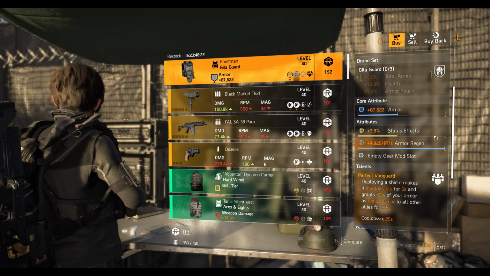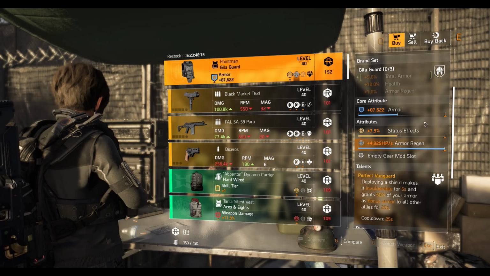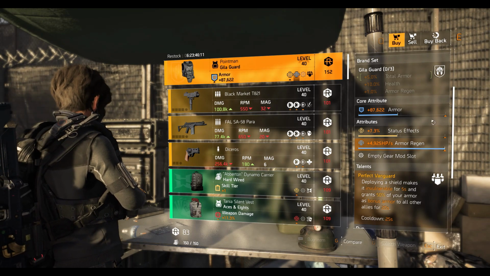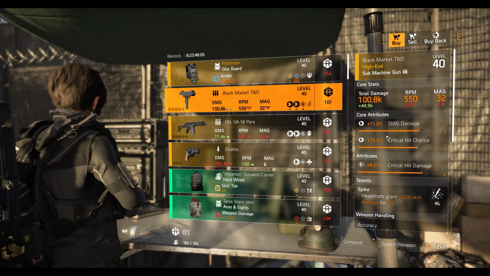Change the status effect to, let's say, I don't know, headshot damage or hazard protection or something like that, because this is going to be in a shield build or tank build anyway, and then you can optimize the armor. It's going to take some time to optimize this, by the way. So yeah, next we have the Black Market TU21 SMG with Spike talent, 8% crit damage, 15% crit chance, 11%